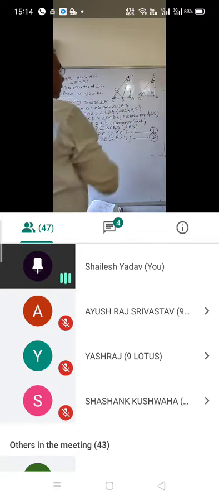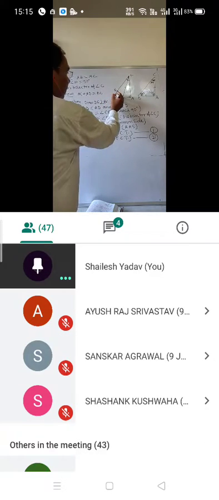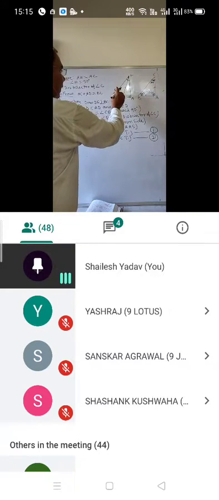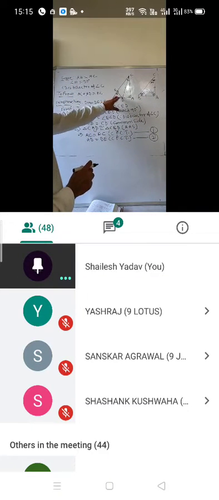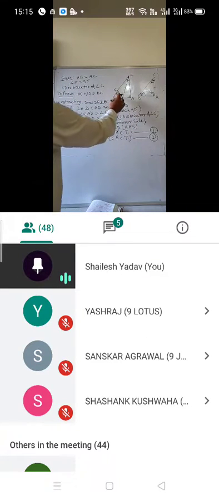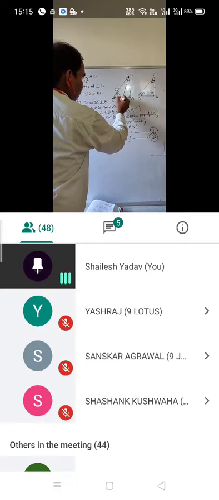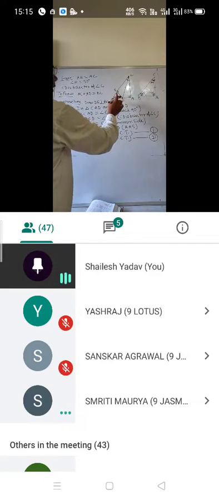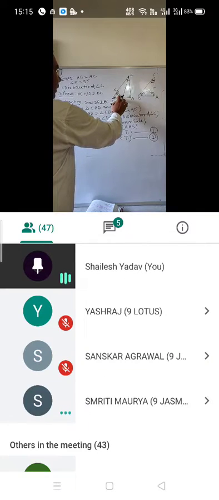What is this one? That is 90 degree. Okay, very good. That is the perpendicular. So on this side it is 90 degree, as well as from this side also it is 90 degree. So what will be the value of this angle? If it is 45, it is 90, so it will be 45 degree. So whatever triangle EBD I am going to get, in this triangle it is 90 degree, it is 45 degree, it is 45 degree.